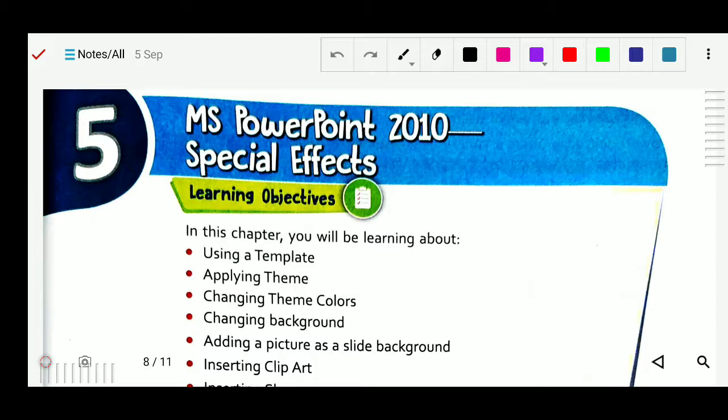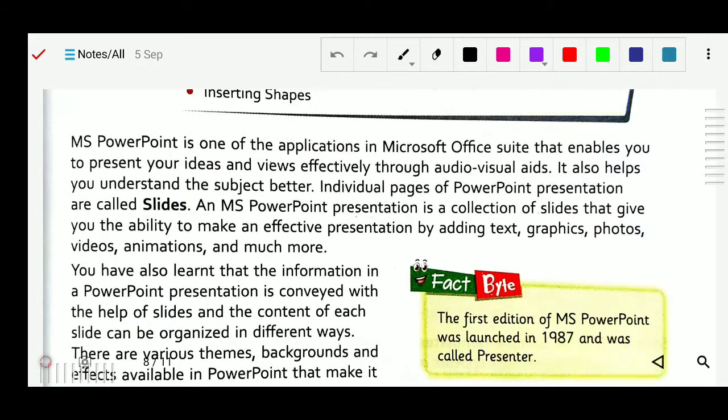As we have studied MS Word, this is also a product of Microsoft. MS PowerPoint is one of the applications in Microsoft Office.